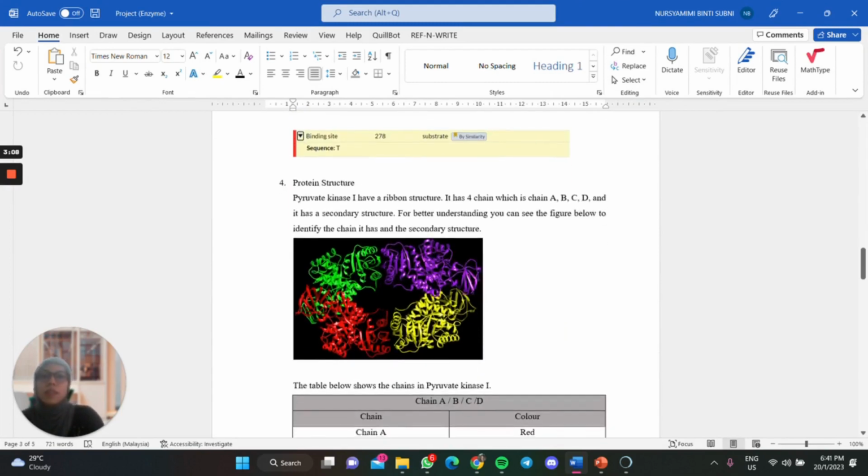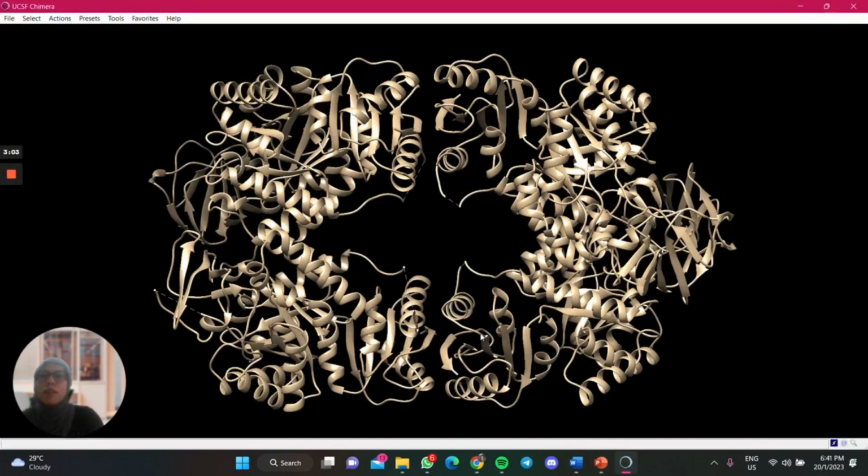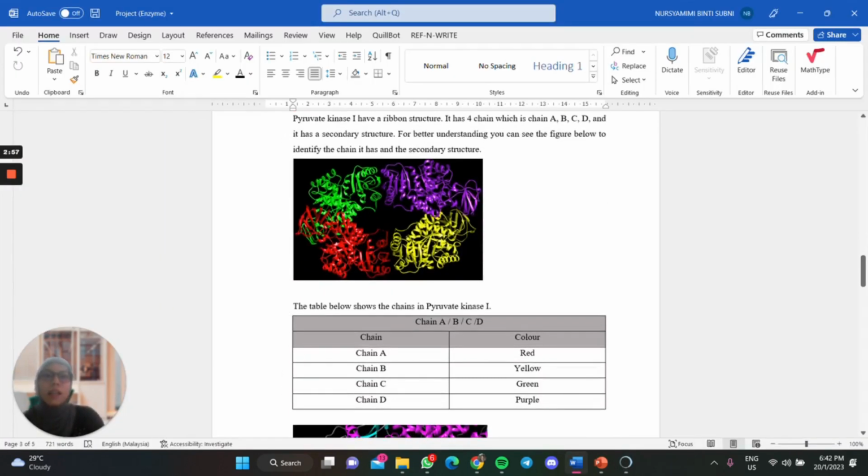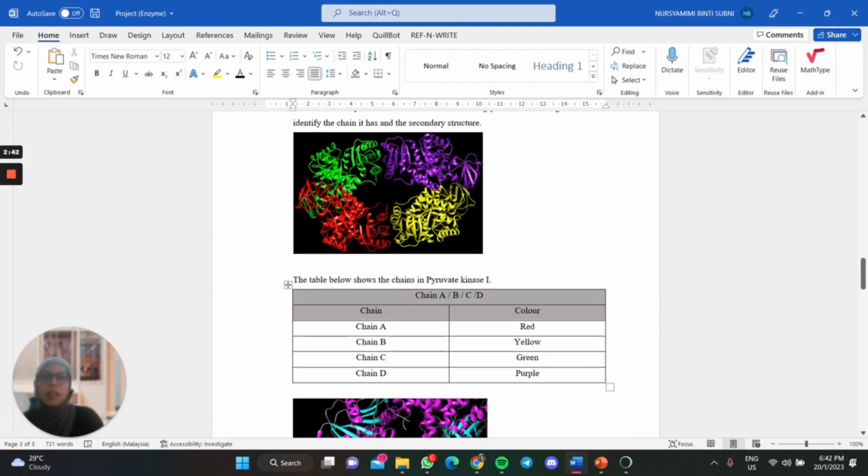For the protein structure, I use the UCSF Chimera to get the protein structure, and from this structure I color it by different colors to differentiate the chains within the enzyme, where it has 4 chains: chain A, B, C, D. Chain A is colored red, chain B yellow, chain C green, and chain D